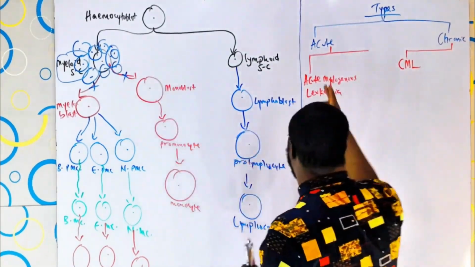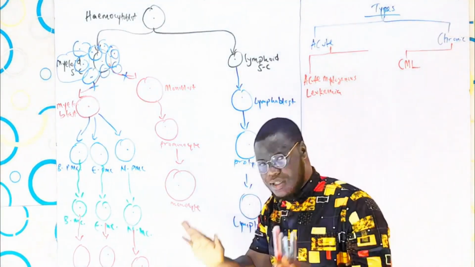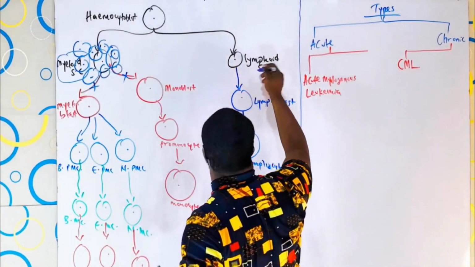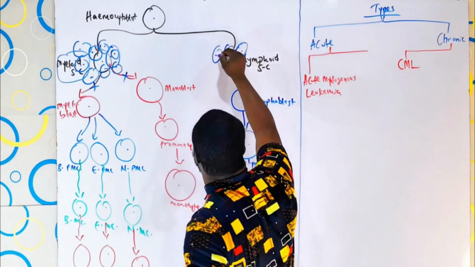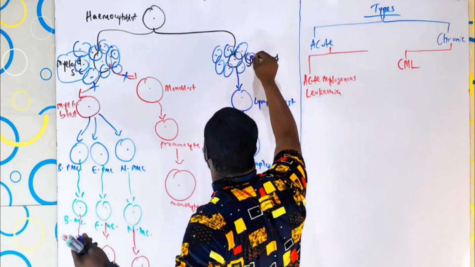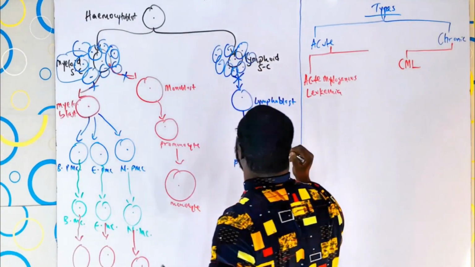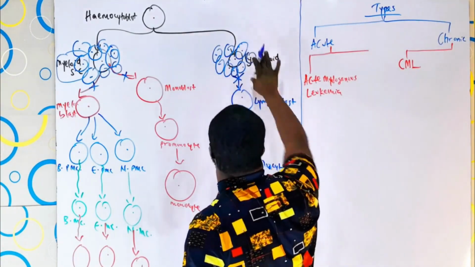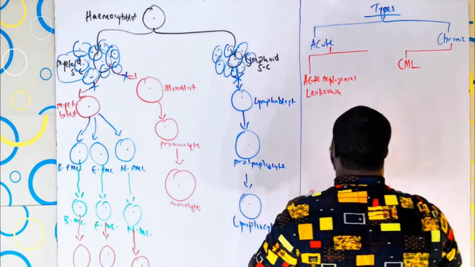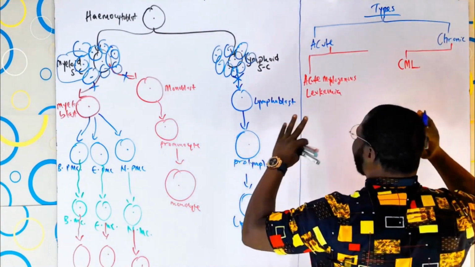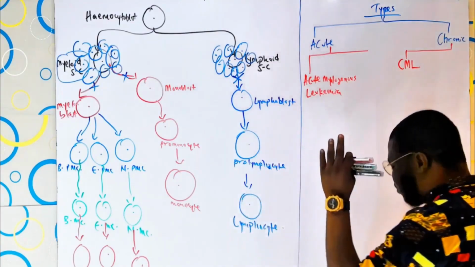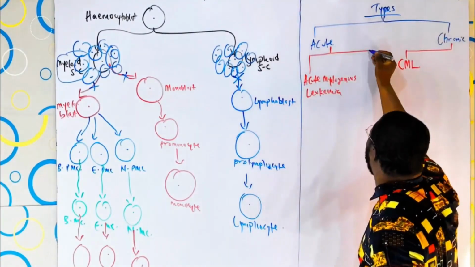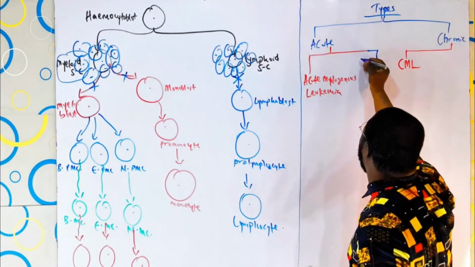But the question is, when is it acute and when is it chronic? I'm coming down to that later. Now you see, we also said this lymphoid stem cell can be the one affected, and the production of white blood cells will not go beyond the stage. So when it can't go beyond the stage and proliferation keeps on occurring right here at the lymphoid stage, that belongs to the acute side here, and you call it acute